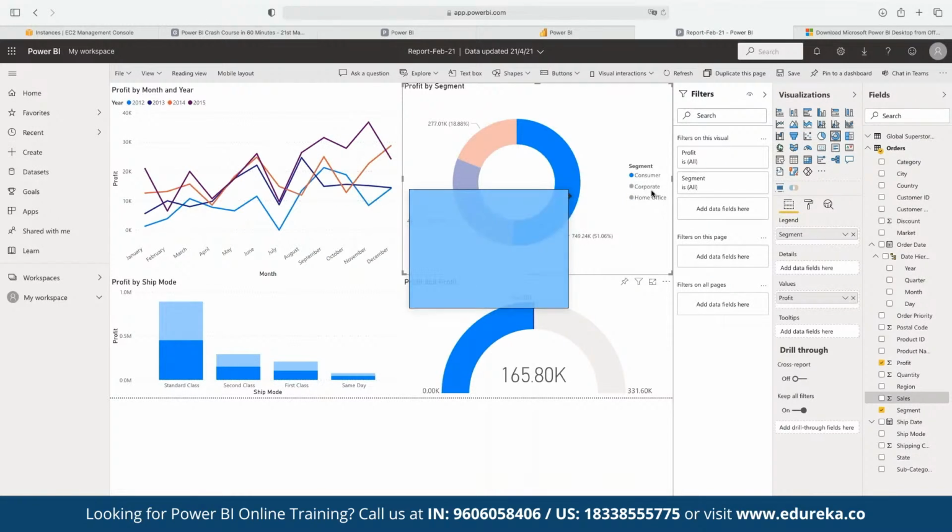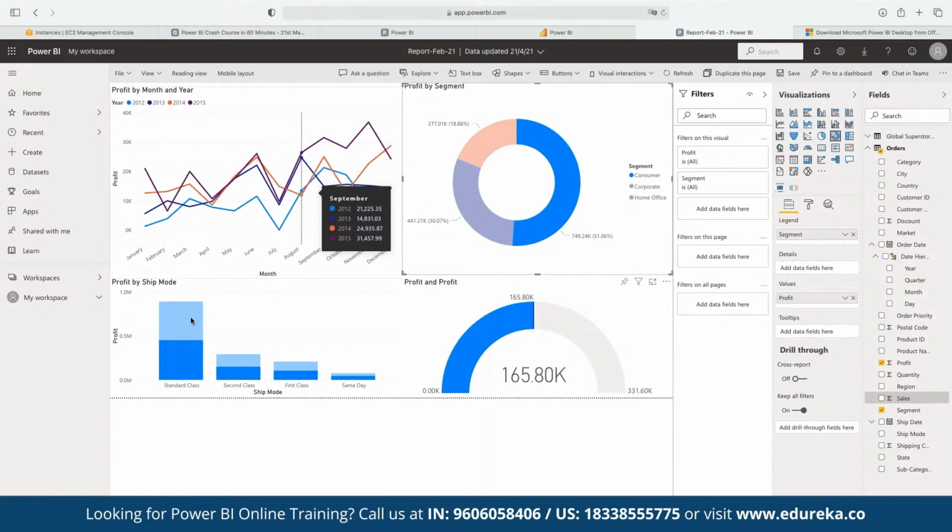For example, suppose currently we are looking at the consumer segment. Here we have profit by month and year. Whenever we choose consumer, obviously the profit by month and year is going to be focused on the consumer segment only. That means right now we are looking at the graph only for the consumer segment in terms of profit by month and year. Same way for profit by shipment board, we are looking at data pointers only for the consumer segment, based on the category that we have chosen. So again, this is what we can perform